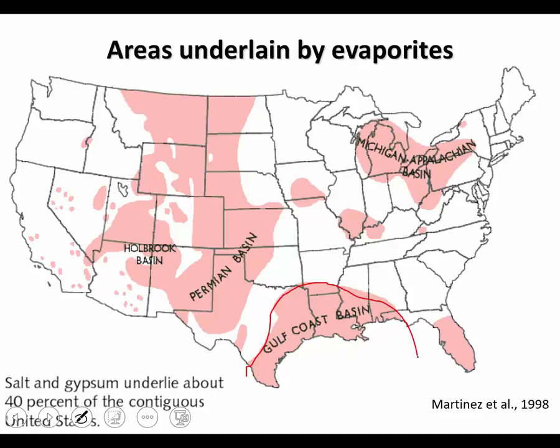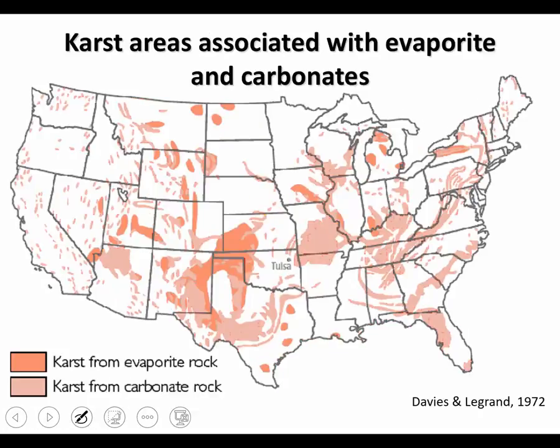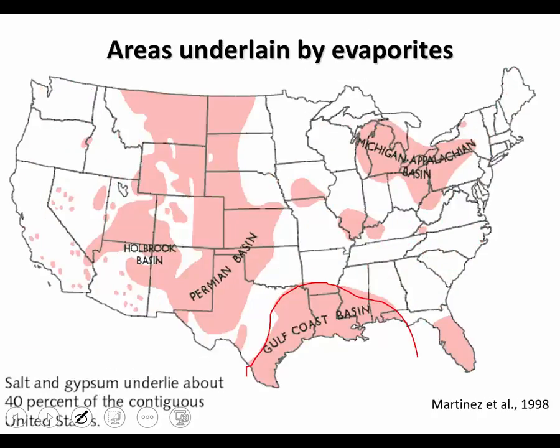eventually have surface solution. Here's the Gulf of Mexico. You realize that the entire Texas coast and all of Louisiana and much of Mississippi are underlain by evaporites, but the surface solution is restricted to just a few areas. That's not the case with subsidence. In a broader sense, in the areas that are underlain by salt here are areas where we are experiencing regional